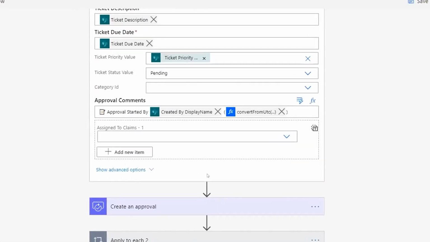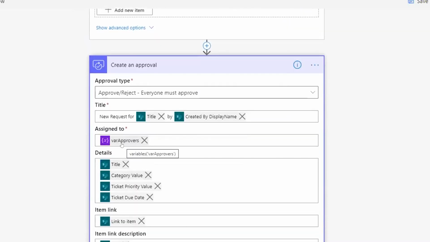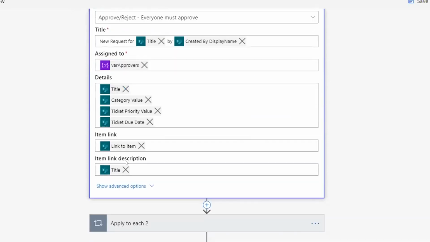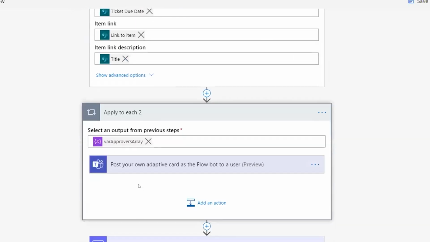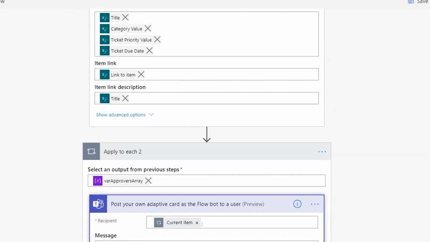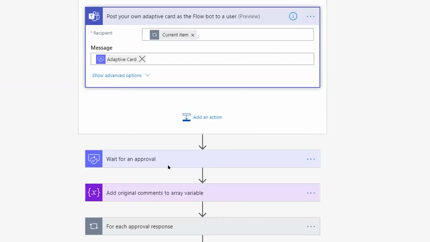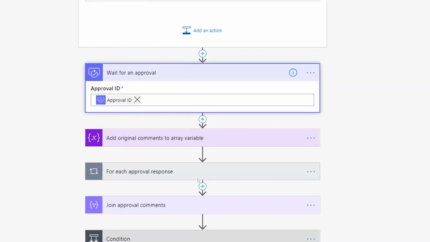So cool. Once I'm done with this, I'm using the create an approval action. And this is where I'm applying that variable to dynamically define my approvers. No hard coding right here. Once I create my approval action, I have written this additional step here to post an adaptive card to Teams. Now, not many people know, but the approval action actually spits out a property called adaptive card. You don't have to reinvent the wheel. Just use this action and post it as an adaptive card. So if you noticed, I took one of the approval decisions in Teams. That's happening through here. I have a whole video on that. If you want to see approvals through adaptive cards and Teams, I'll put the link.